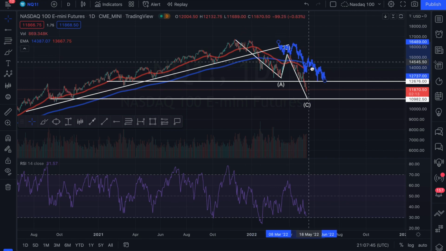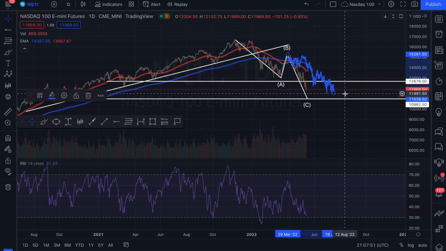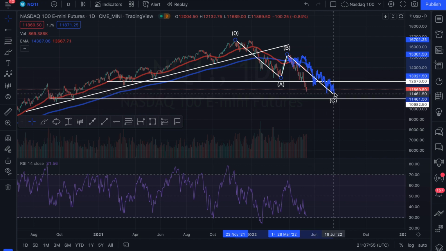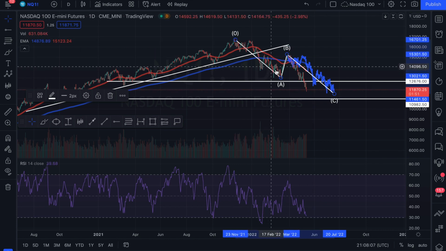So if we just take that and bring it down from the B leg, where does that get us? Well, that gets us down to roughly those lows around 11,400-ish. So that's an area where I really do anticipate the NASDAQ 100 to trade down to. We did pretty much get there during today's trading session. We went as low as 11,700, so we're only around 300 points away, guys, from achieving this full distance ABC